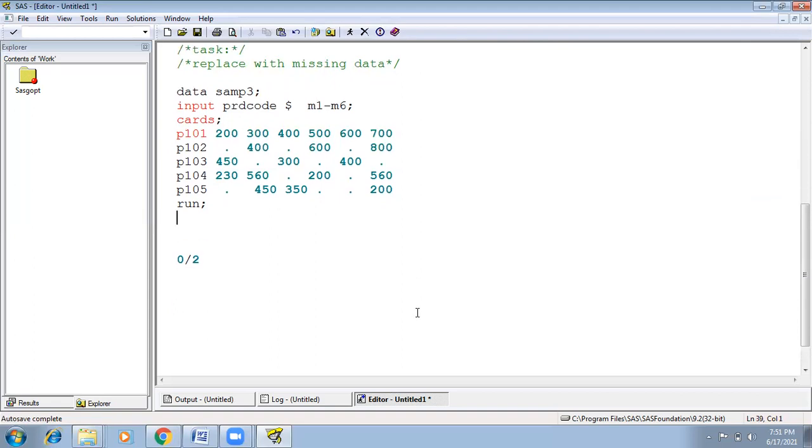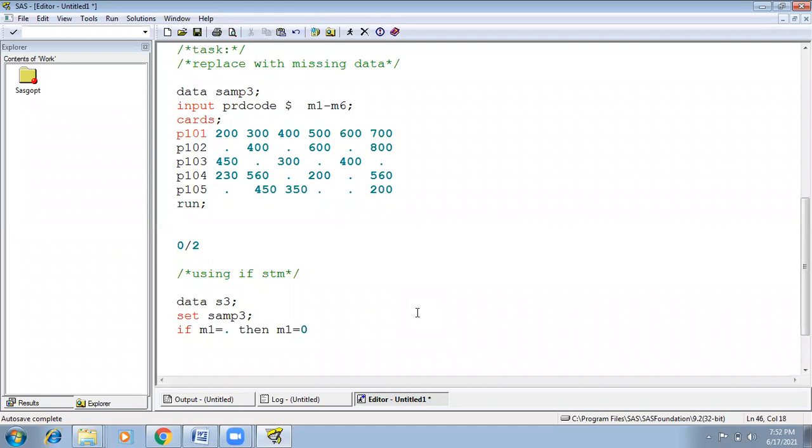Then what will we do? Generally, we have to use if and else statements, right? If M1 is missing, then replace with 0. If M2 is missing, replace with 0. You can write this using an if statement. Data set name is S3, set SAM3, condition: if M1 equals dot, then M1 equals 0.